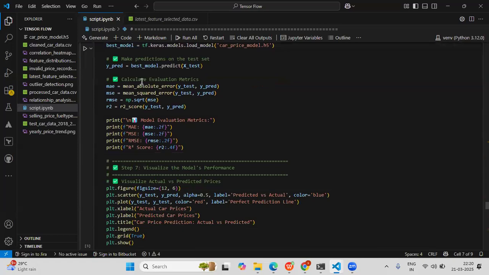Then after that, we are going to calculate the evaluation metrics: mean absolute error, then mean squared error, then R square value, using the y test and y predicted values. Then it will print all the values.